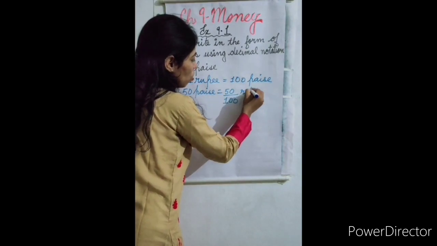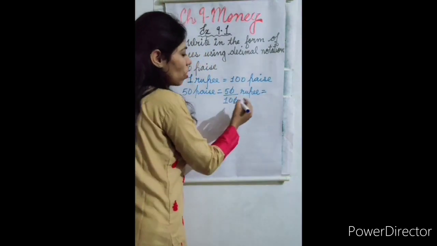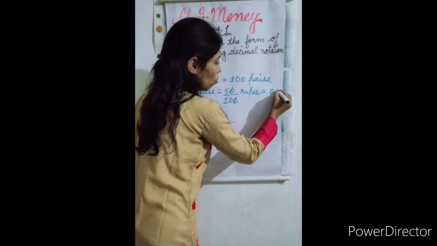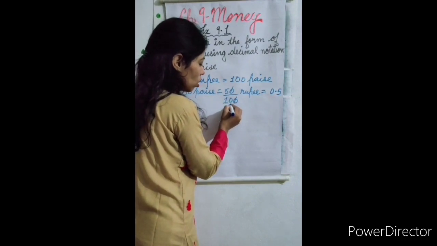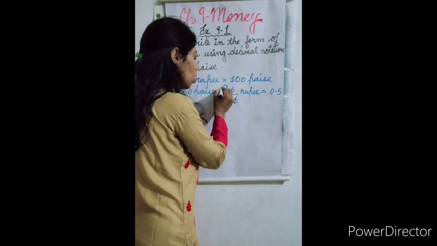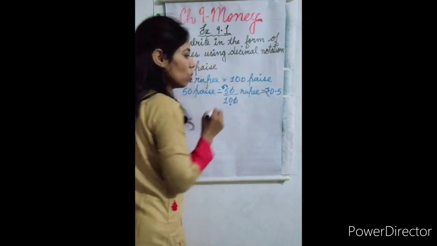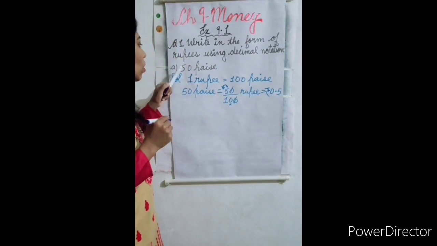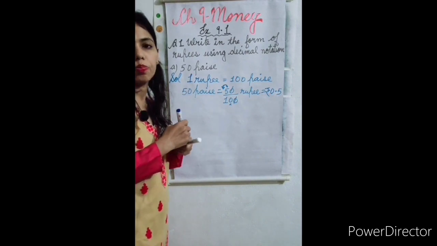Now we can write rupee in front of it. When we divide this 5 by 10, we will get 0.5. As you know, after 1, how many zeros are there? 1. So before this 5, we will place a decimal. Before 1 digit, we will place the decimal. So it will be 0.5, and with the sign for rupee, it is rupees 0.5. When we convert this 50 paise into rupee, it will be 0.5 rupee.